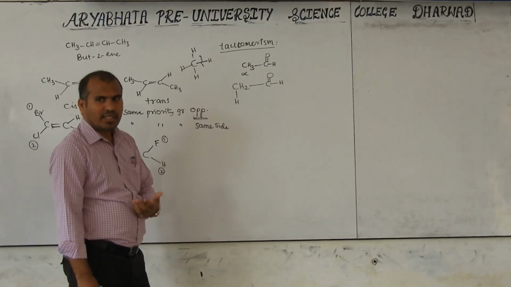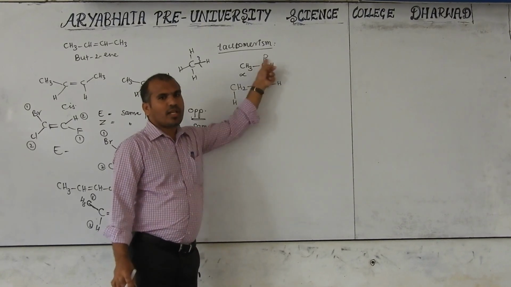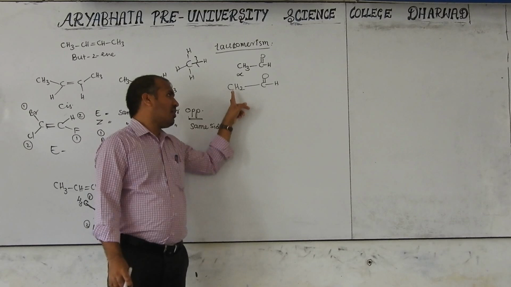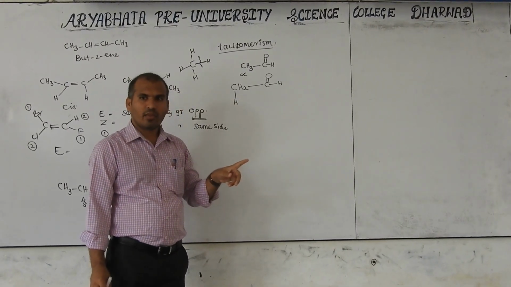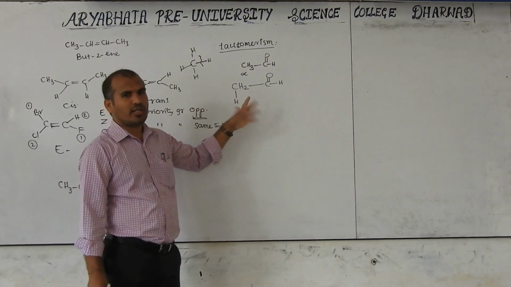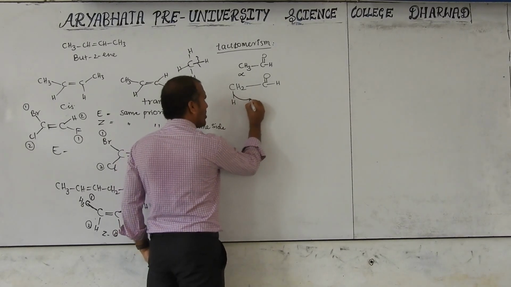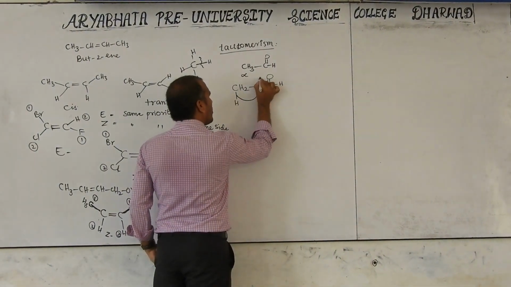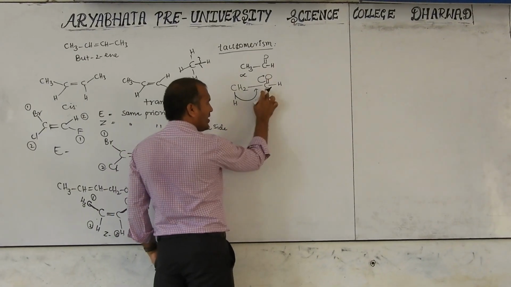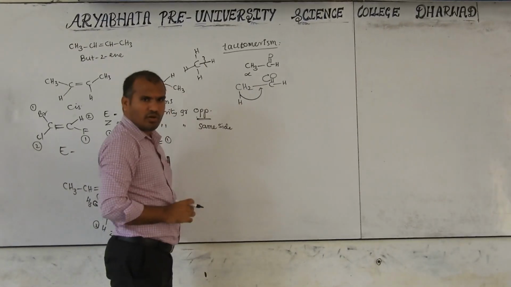It is lost as H plus when electron withdrawing groups are present. The aldehyde group is an electron withdrawing group. Simply remember, alpha hydrogens are acidic when electron withdrawing groups are present; only then is it acidic. Otherwise, no. So now, see, this hydrogen will come to here. This double bond will be polarized like this. Then one end gets the negative charge, the other gets the positive charge. When positive and negative come together, we get a bond formed.